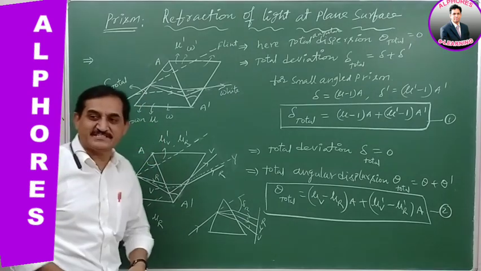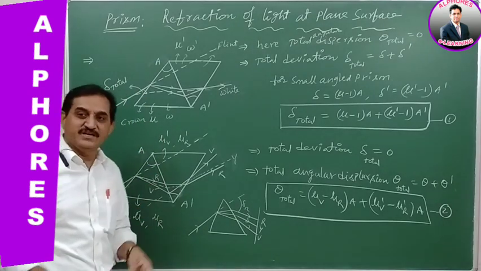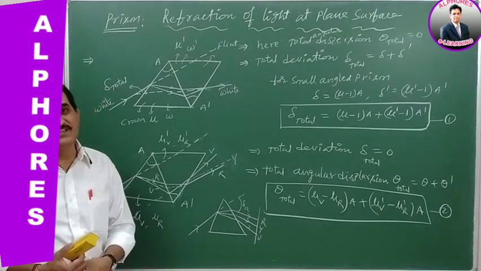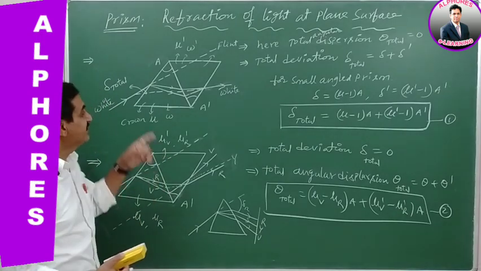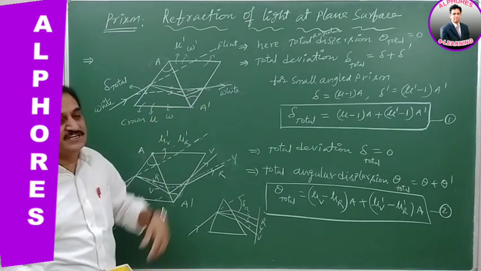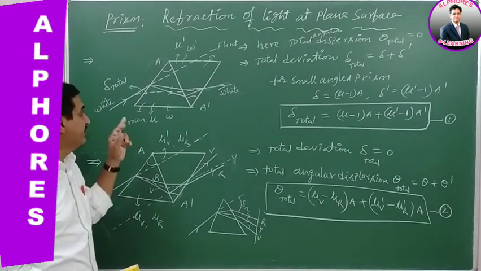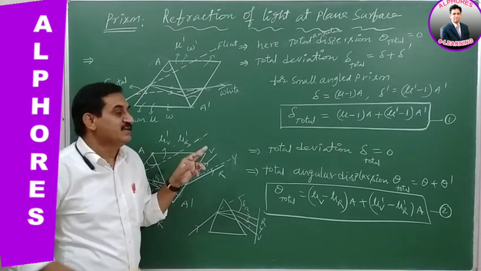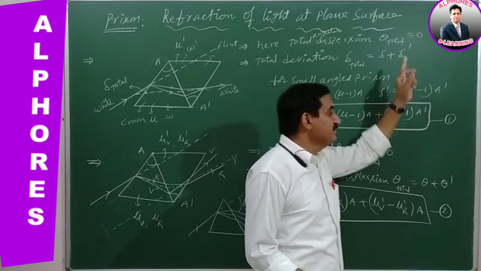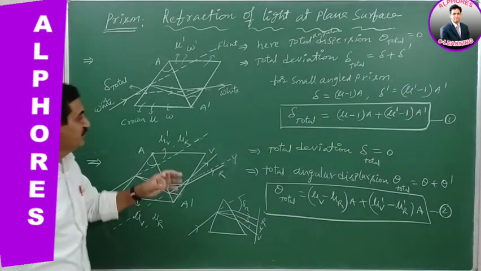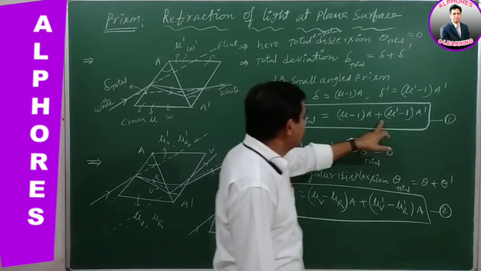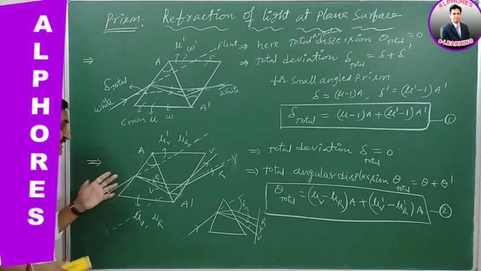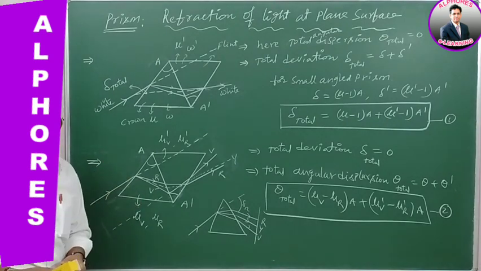These are connected in reverse sense, and definitely by this combination you can get only one result instead of two results. One should be nullified. In this case, the total angular dispersion theta total will be 0, but it is giving the total deviation. That is, the deviation given by the first prism is delta and by the second prism is delta dash, and by substituting the values for the total deviation you get this equation. It's a very important formula.